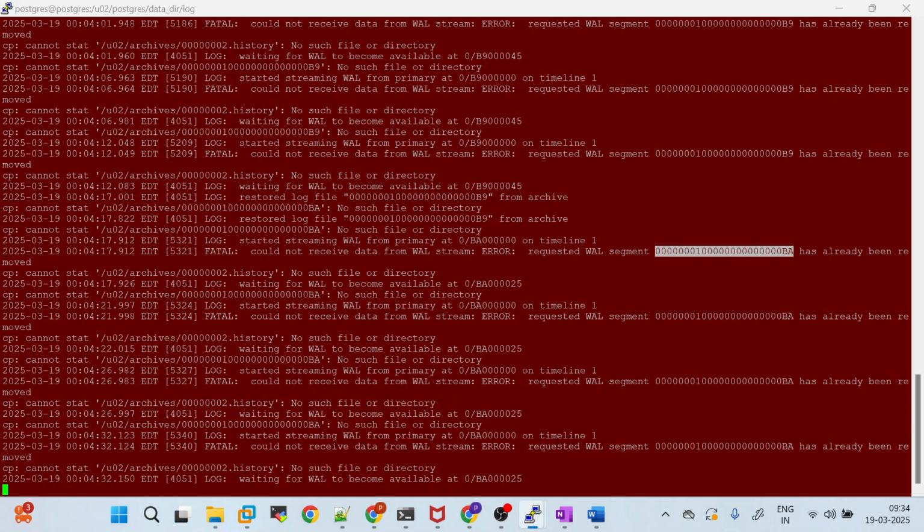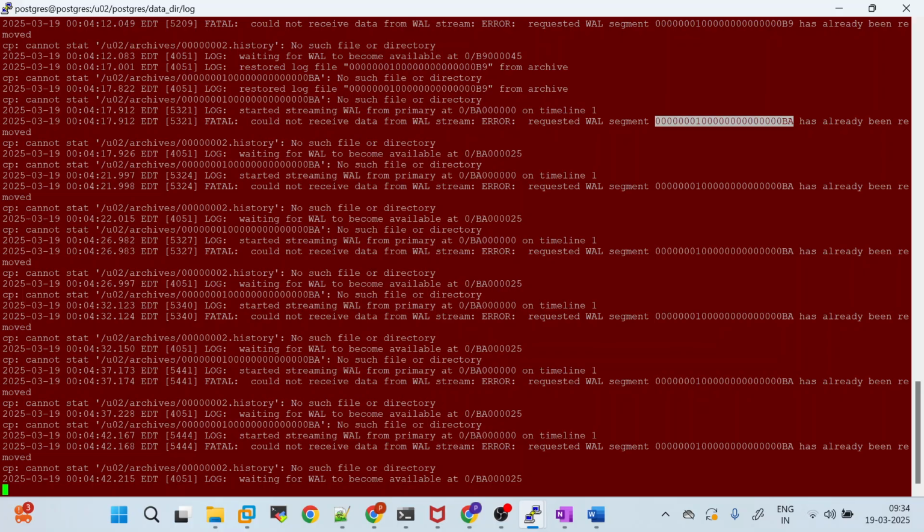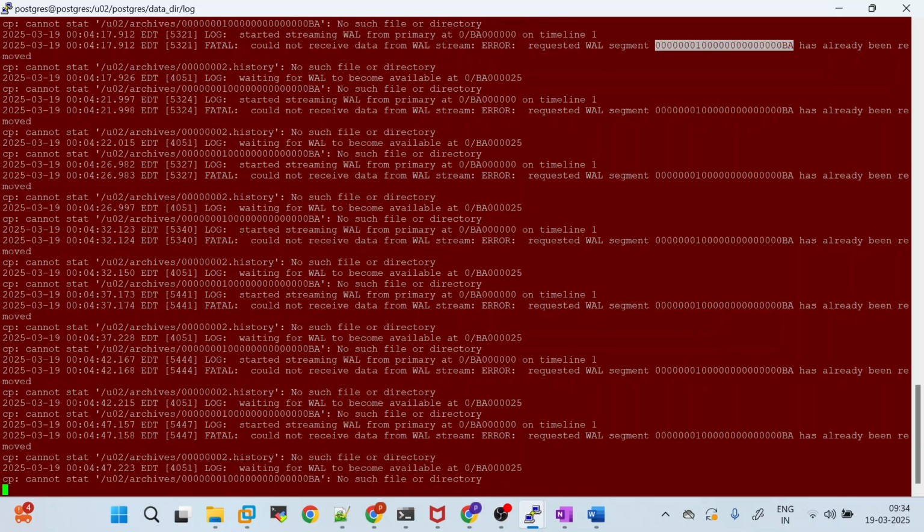The moment it is getting copied, as I have mentioned restore_command, it will try to copy the file from this archive location to the pg_wal location. From that it will get applied. Once it got applied, the lag will decrease. This is how